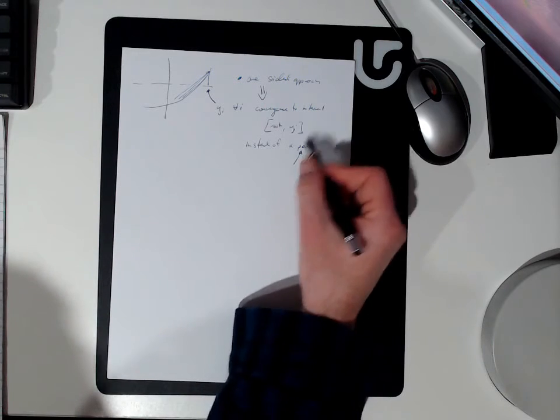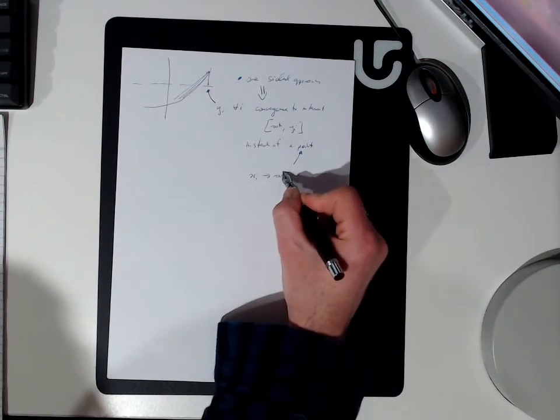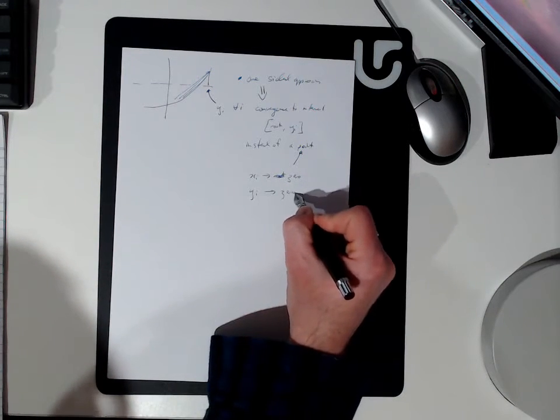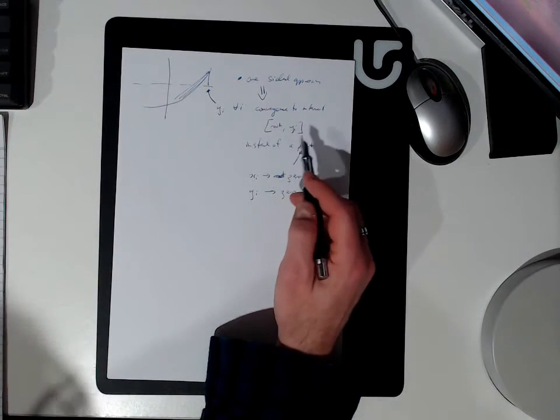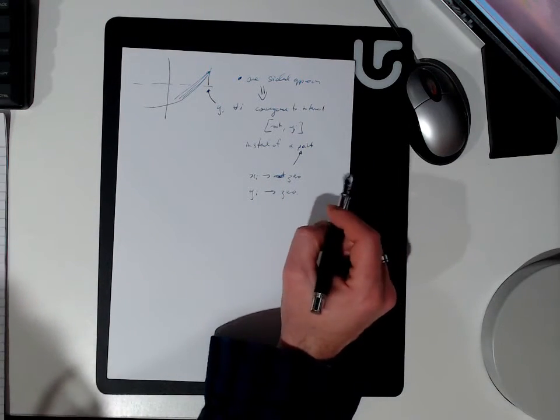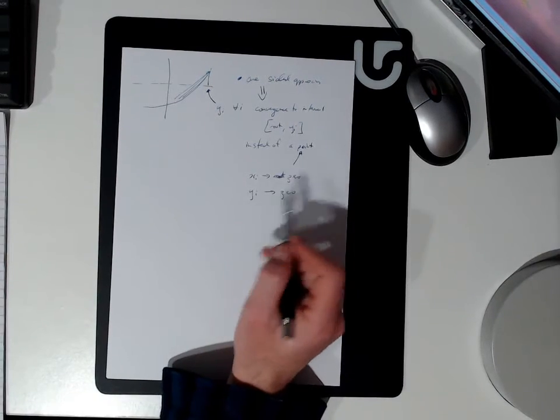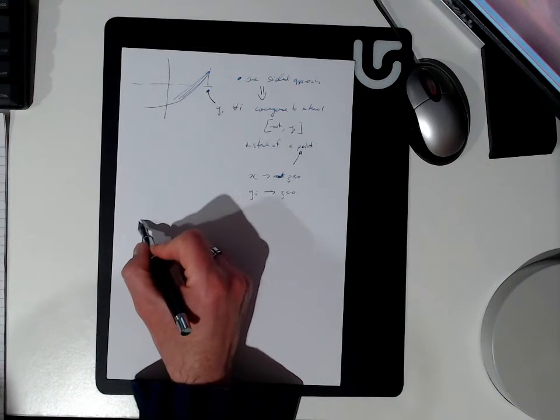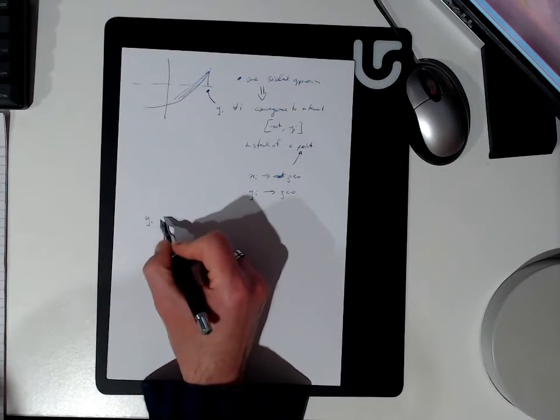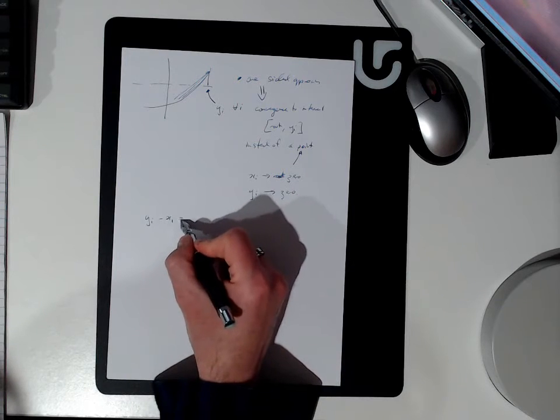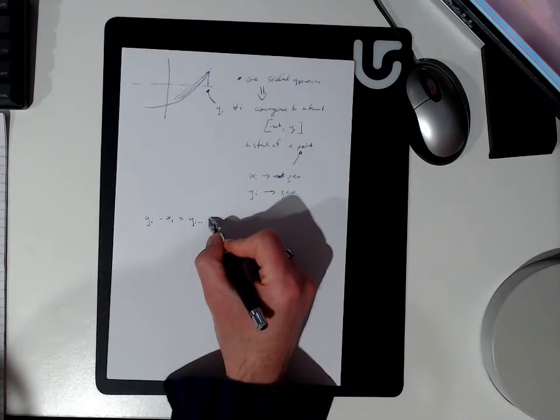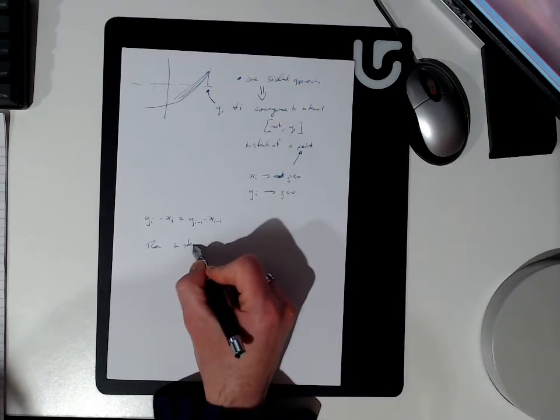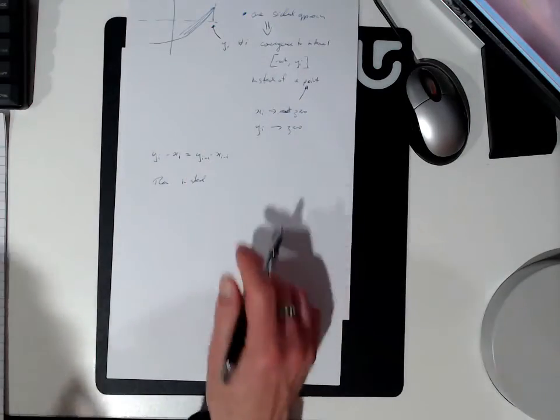By convergence to a point, I mean that the xi's all converge to the 0, and the yi's converge to the 0. So this is a big problem, and there are lots of things to fix it. One algorithm that I've seen is that if the difference between yi and xi is very close to the previous distance between yi and xi, then instead of assuming one-sided convergence in this way,